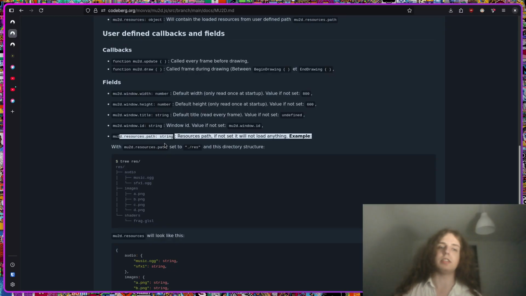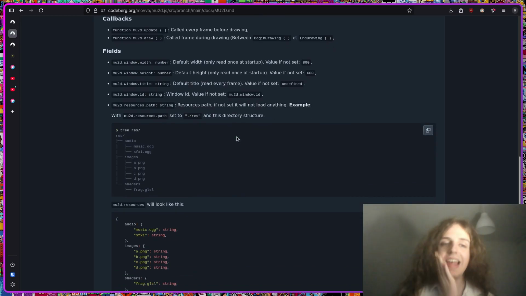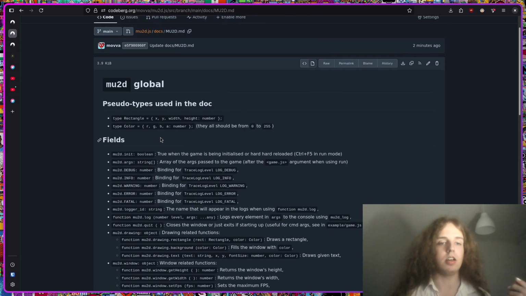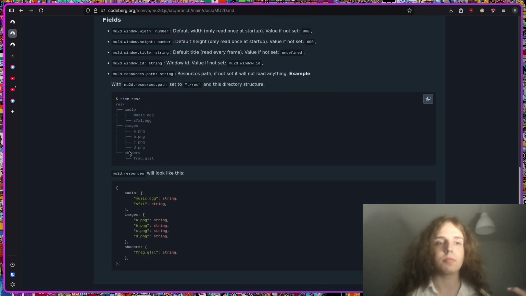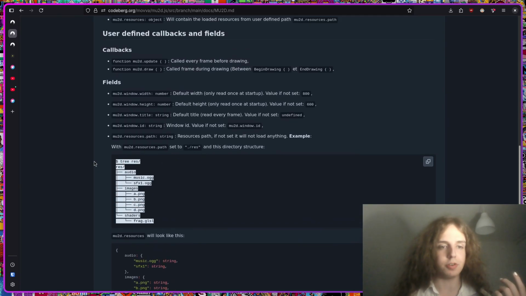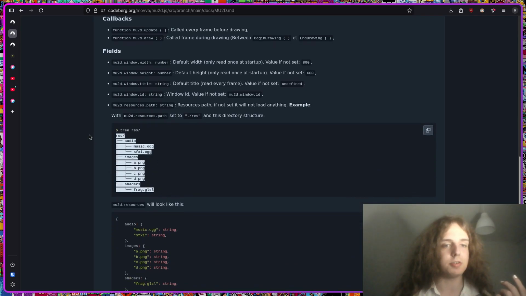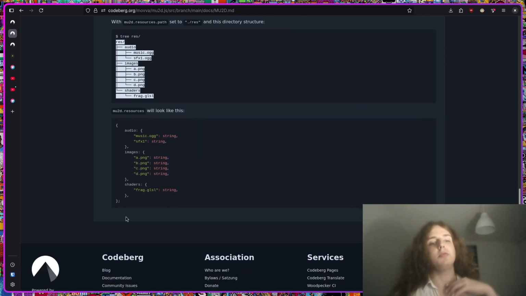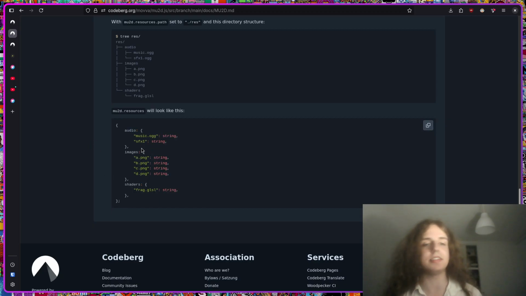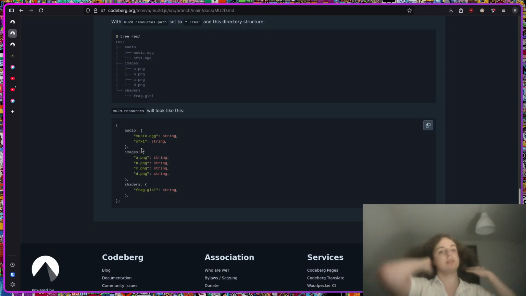And then you have the resources, right? Essentially, the resources object needs to be defined at initialization. You can know that with the init boolean. And when it's set, with this folder for example, you set it to /res. Well, you will have that. That's the directory. Mu2d will read the directory and give you that, all as strings. It's not ideal, but you can do that.